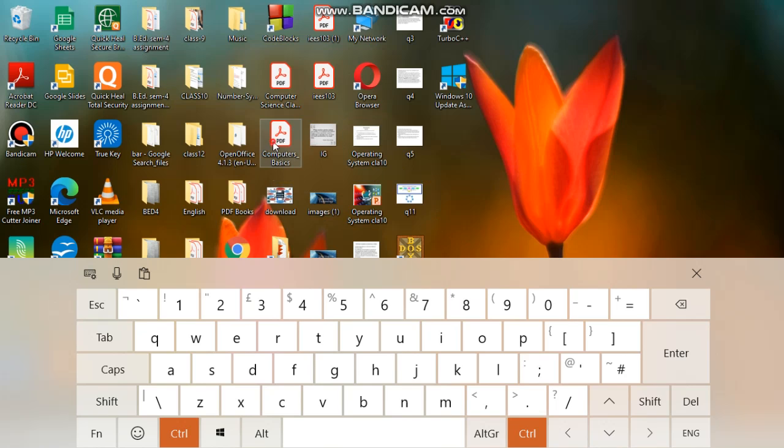Using the control key you can select one by one folder or file.